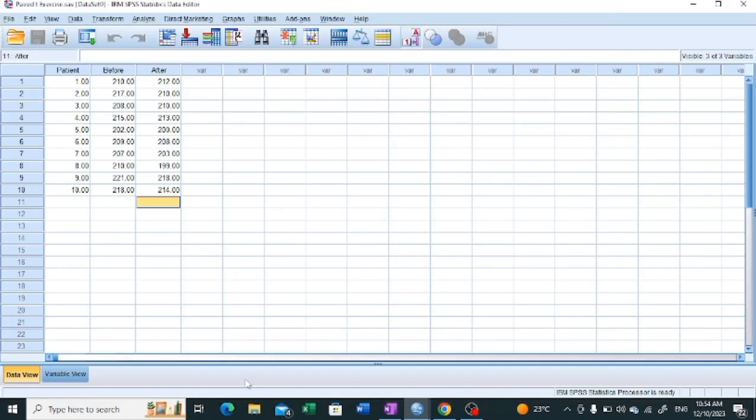Hello students, in this session we are going to perform paired T and paired W test on the same data file, and the question is about the cholesterol level before and cholesterol level after the program, and 10 readings have been taken regarding cholesterol before and cholesterol after the program from the same 10 patients. So that's the case of dependent samples, because when we take two different readings from the same subject, one before, another after, that's considered as the paired